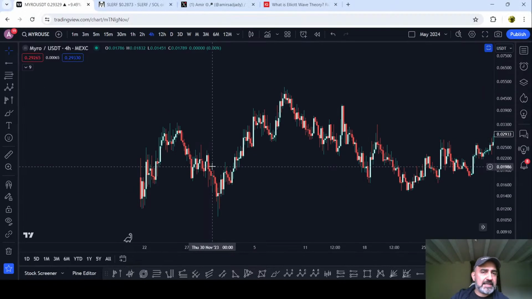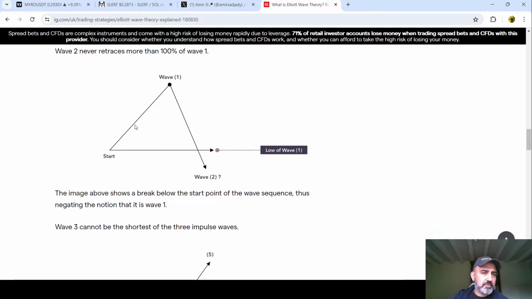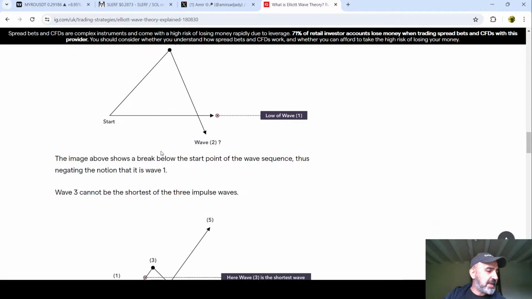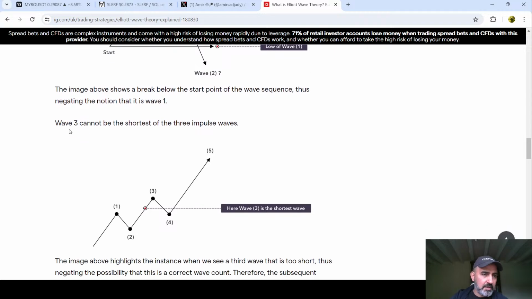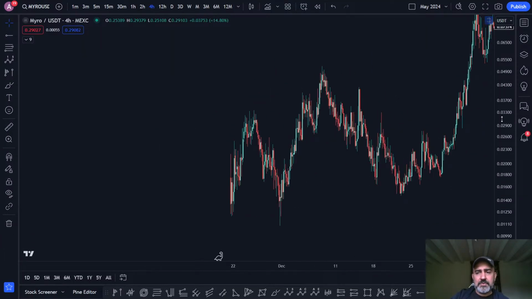And that's basically this first rule. That's what this is saying. See that? Start, go wave 1, then wave 2 can't come underneath the start. So that's the first rule. You learn that, then that will help, because you know now that there's a rule that can't be broken. If it's broken, then you have to reset the count. You have to start over. This is another rule: wave 3 cannot be the shortest of the 3 impulses. This is just based on observations that he made, and he created these rules, and those rules are applicable.